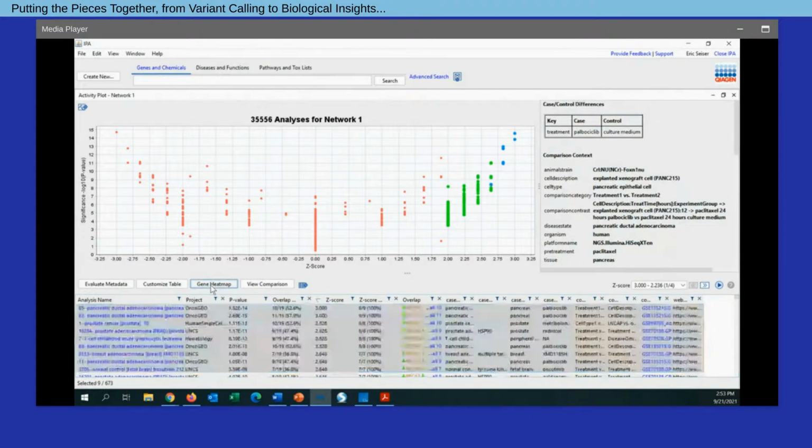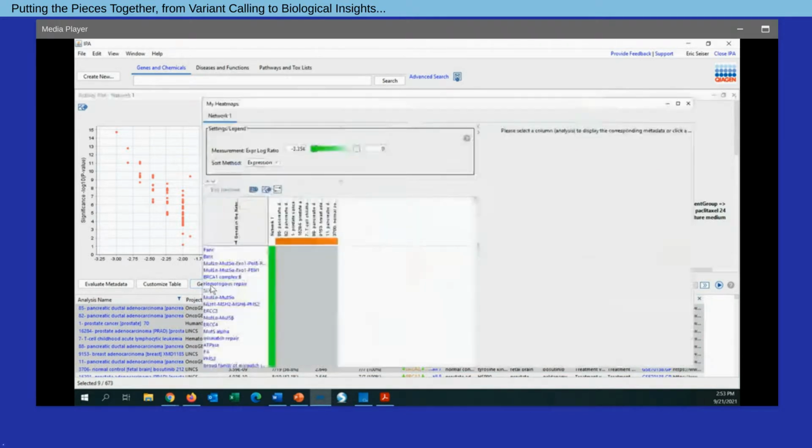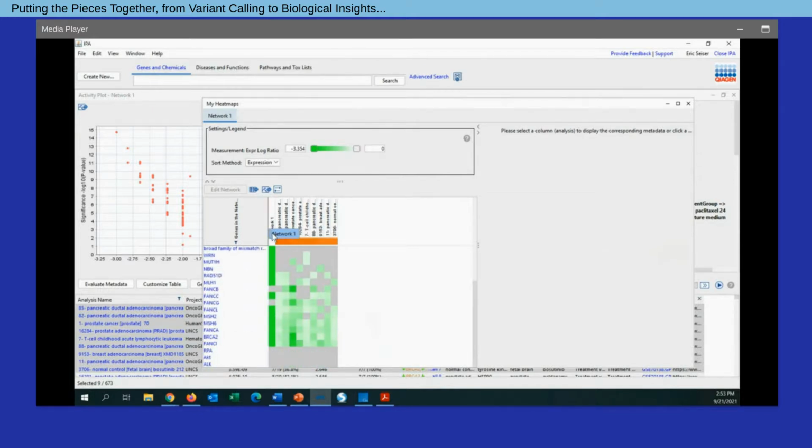And now I can open up this gene heat map to ask the question: we see conservation of this loss of function pattern in our data set with regards to gene expression in public studies, so what specific genes whose loss of function is identified in my data set in network 1, in the first column of this table, actually show decreased expression in any of these studies? What we'll generate is this heat map based view where, as I scroll down, I'll start to see a number of genes within a cluster here, MLH1, again a lot of the FANC